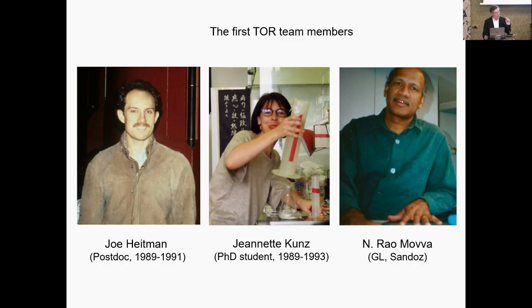And to give it to yeast cells, which is the most basic unicellular organism you can find that's eukaryotic, was viewed as somewhat of a strange idea. It was like giving aspirin to a yeast cell. Why would you ever do such an irrelevant physiological experiment? Of course, what Joe and Jeanette and Rao remembered was that rapamycin, many, many years earlier, had first been isolated as an antifungal, and yeast is a fungus.